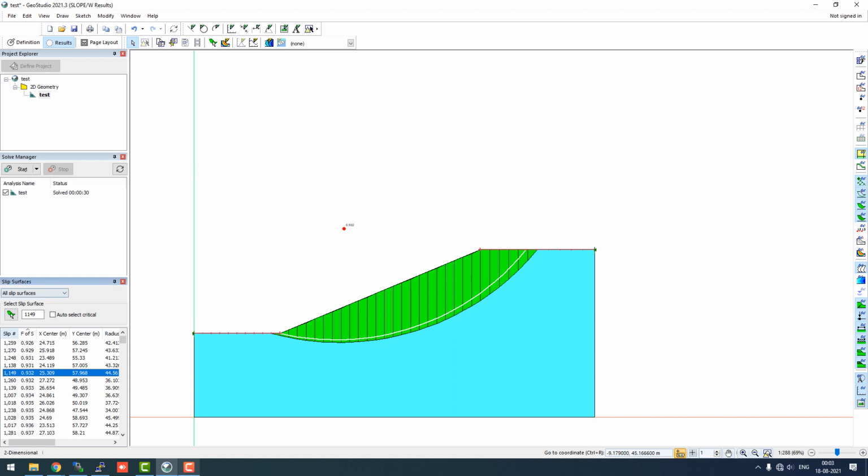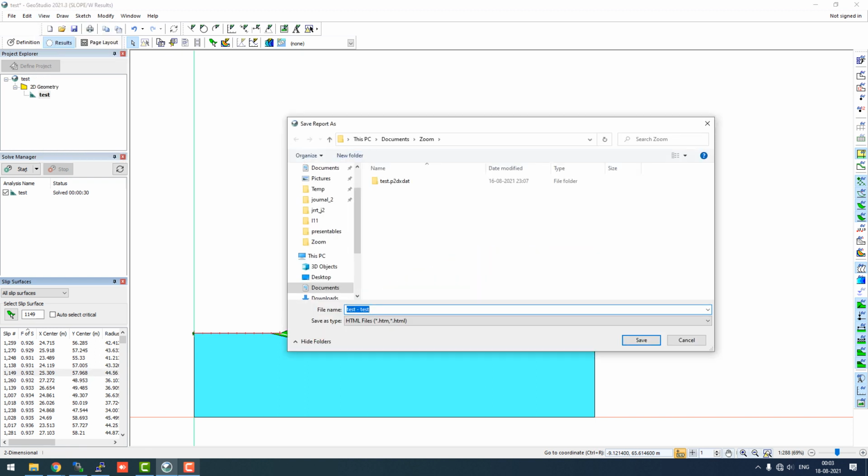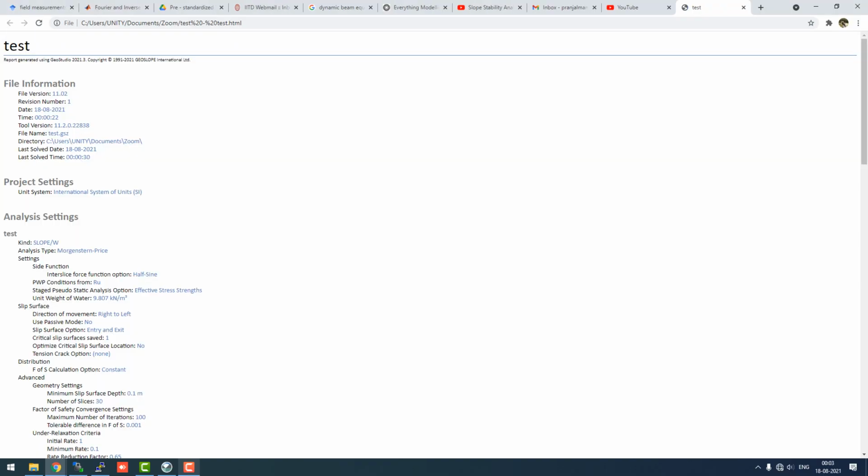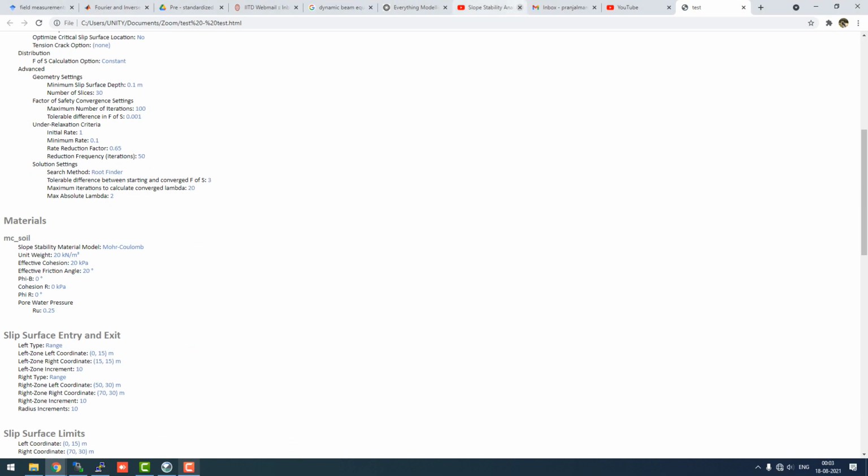So what I meant to say is that you can get all this data in an Excel sheet or something from the software as well. You have to go to view, and click on report, which will allow you to save this report in the form of an HTML file, and you can save it here, and it will open in your